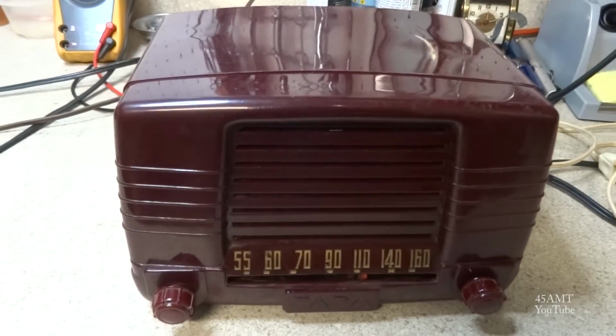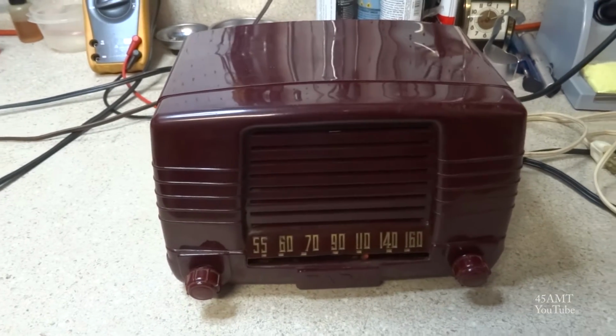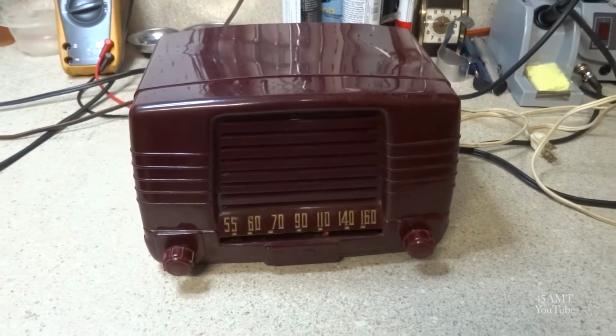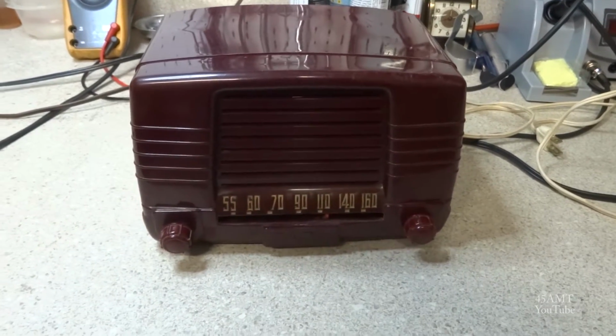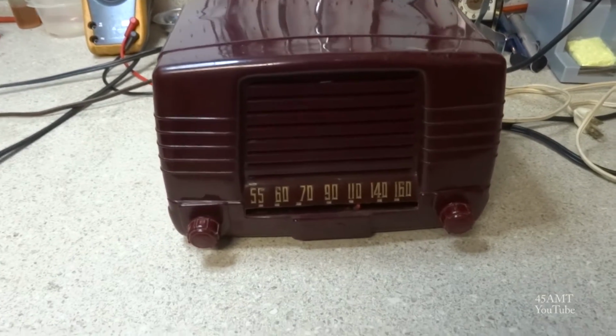Here's a Fada AA5 tube radio from 1949. I believe this is the model 855, and I've already done a little tinkering with this thing and found out